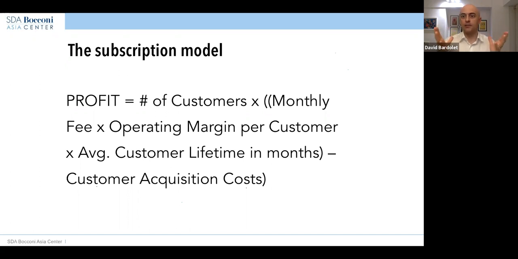But you see, it's not easy, but at least I understand the business. I understand how it moves. If I do this, this is what happens to my profit. That is a business model. So when an analyst or a venture capital firm or an investor looks at Netflix, they look at this formula. They need to see a positive number in here. And overall, Netflix is positive in this, and so far, so good.